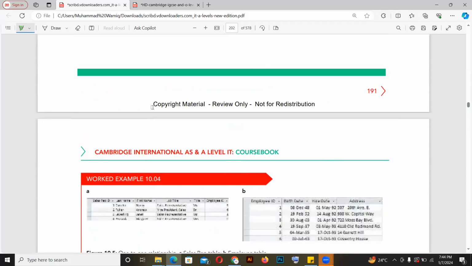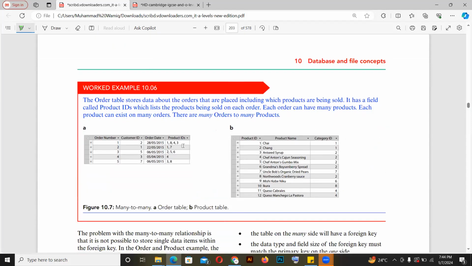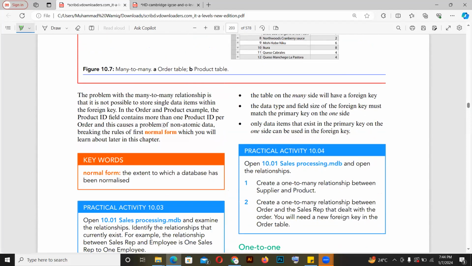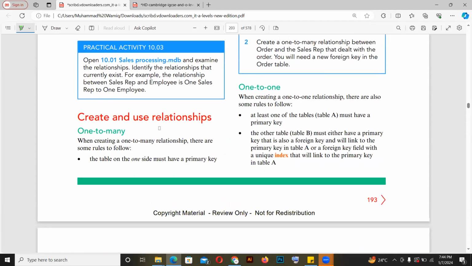So we have one-to-many, we have one-to-one, we have many-to-one, and their concept is basically the same: I am connecting different tables together. However, the problem with a many-to-many relationship is that it is not possible to store a single data item within the foreign key. For example, in the order and product example, the product ID field contains more than one product ID per order. So this can cause a problem. Again, we have different forms as well, first NF, second NF, third NF, but let's first make it clear